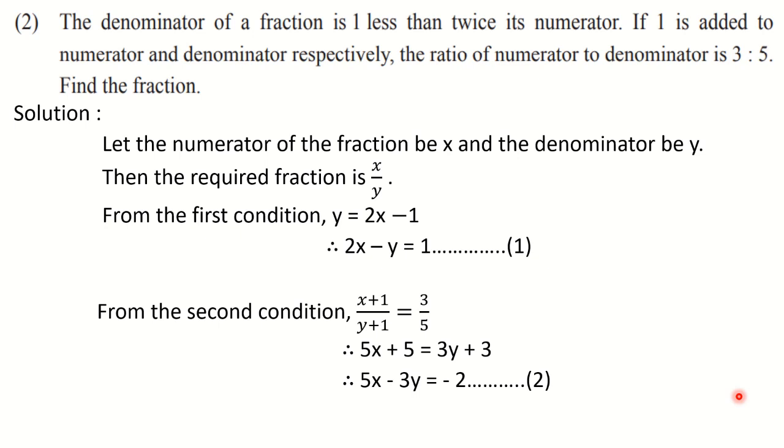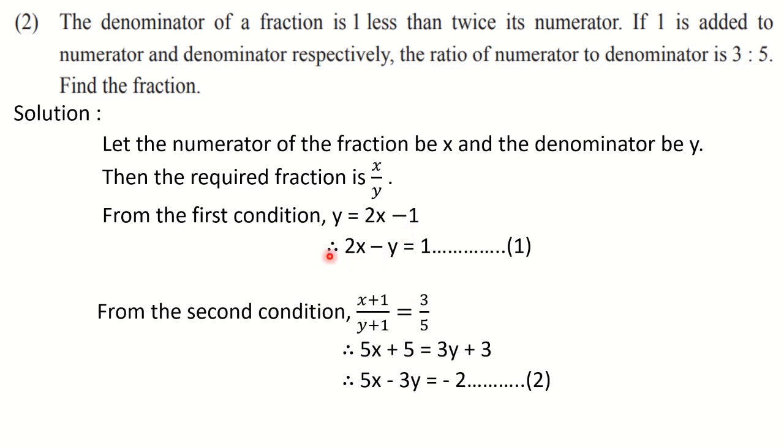I hope you must have completed it. Now I told you to observe these equations. Okay, what we have to observe? We have to observe the coefficients. Here for x it is 2 and 5. They are not same. And for y also it is -1 here and -3 here. So they are not same. So we have to equate any one coefficient. If we try to equate the coefficient of x, we have to multiply both the equations. So better try to equate the coefficient of y.